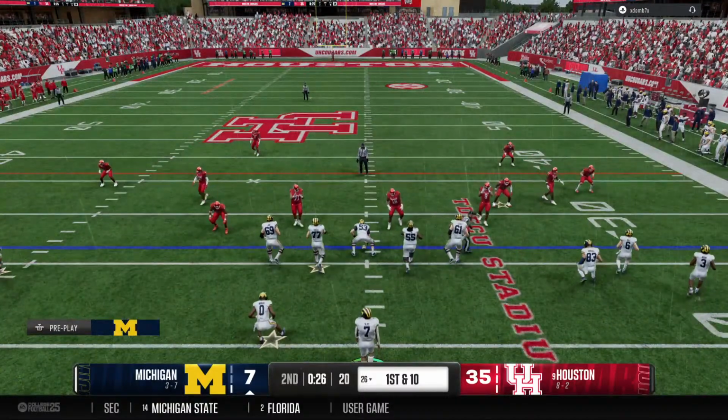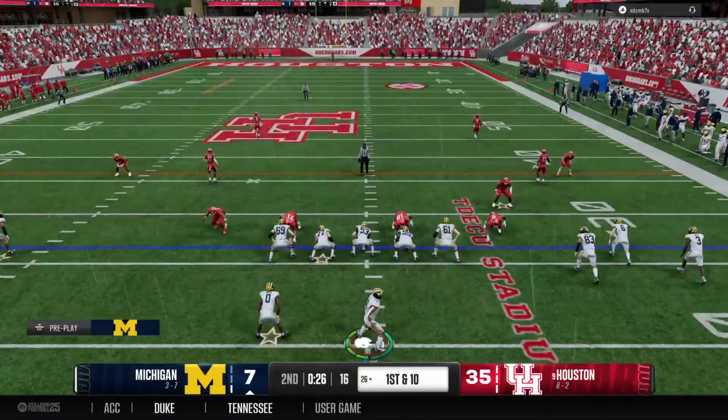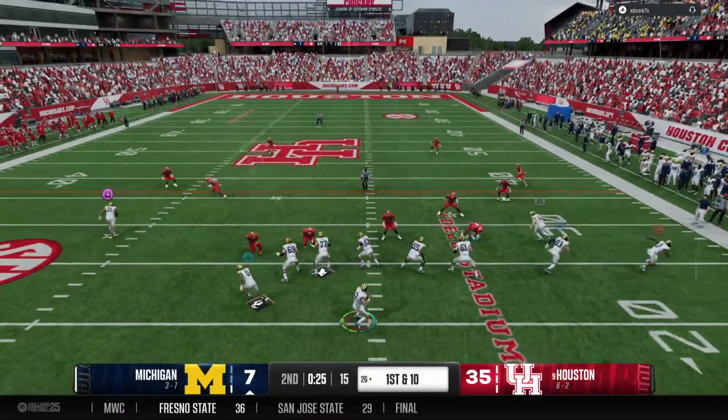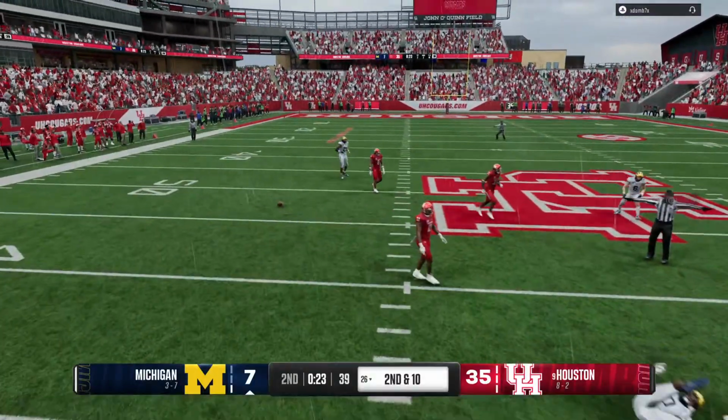Guys, here come those maize and blue winged helmets on offense. The last time we saw this offense, we had to look quick. It was a 3-and-out, Jesse. They just had no rhythm in that last drive. So some...